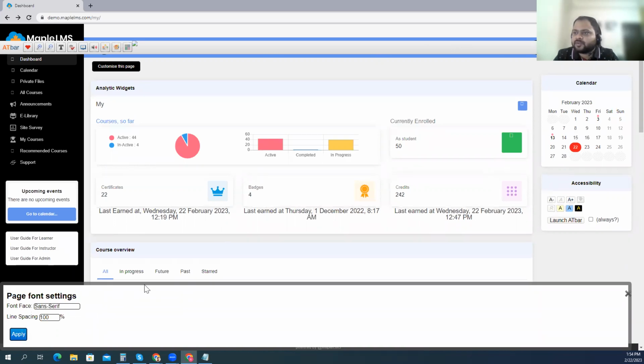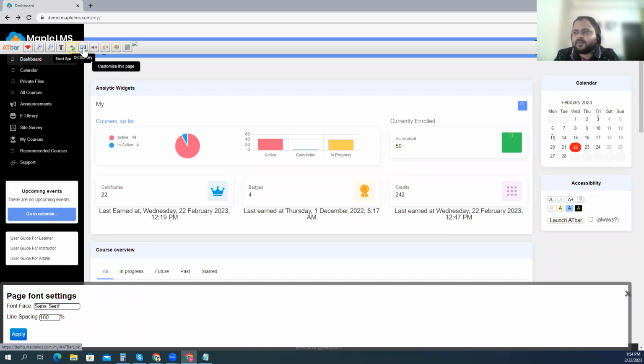If I bring it back to the standard, it brings me back to the standard settings. So that was about page font settings, but there's also a spell checker available. A spell checker is ideally helpful to identify any spelling mistakes in your text.